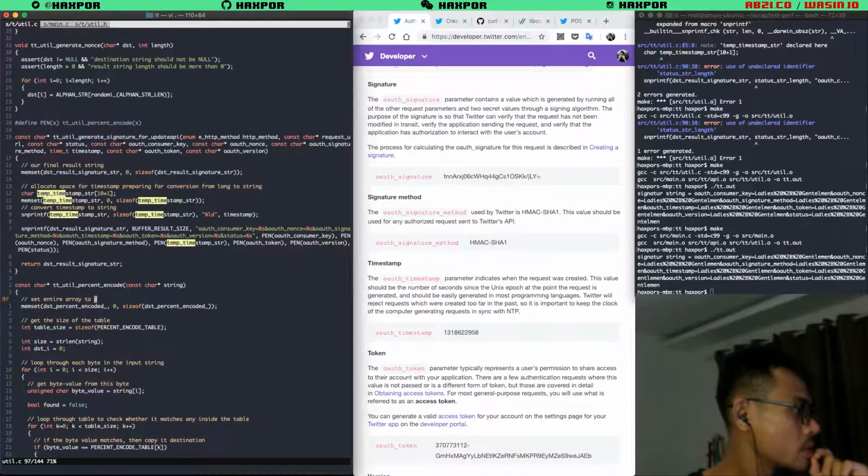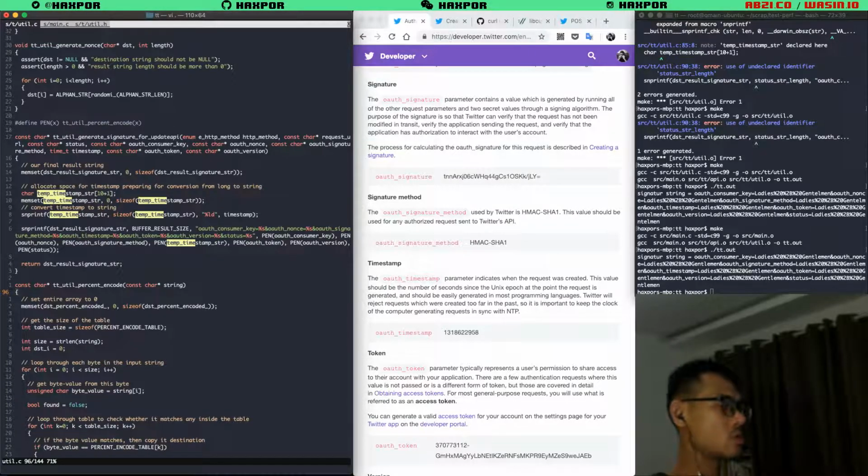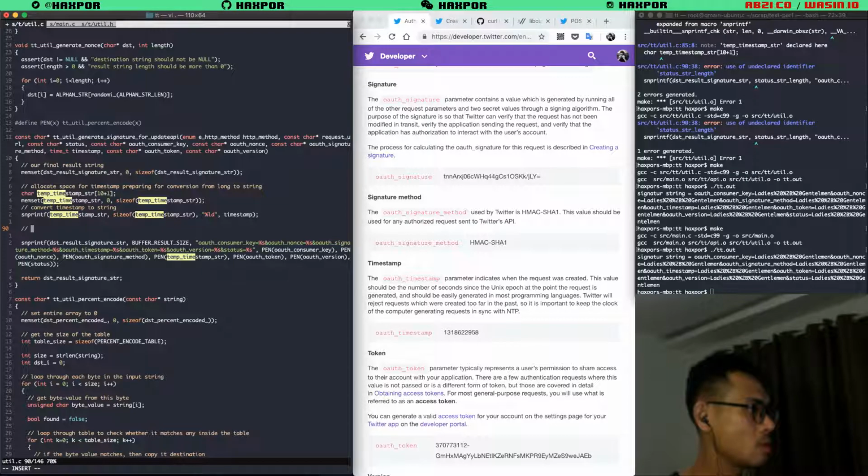Because percent encoded uses one single string variable at the top, it needs a little bit of effort here.